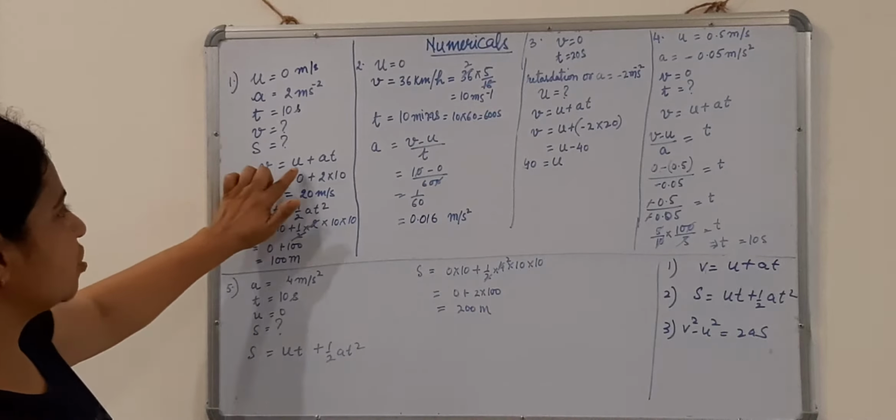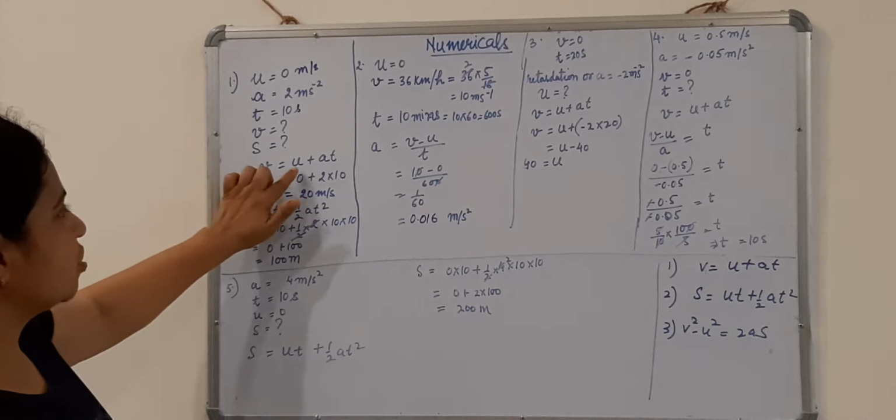It's quite simple. You simply need to think which equation of motion is suitable for your numerical on the basis of the given quantities. The second part is we also need to find out the distance. We know that we can find out distance either from this equation or from this equation. It's up to you. You can use any one of these 2 equations now. Why now? Because you got this value also. So you can use this equation as well as this equation. Either of these 2 you can use to find out your distance.